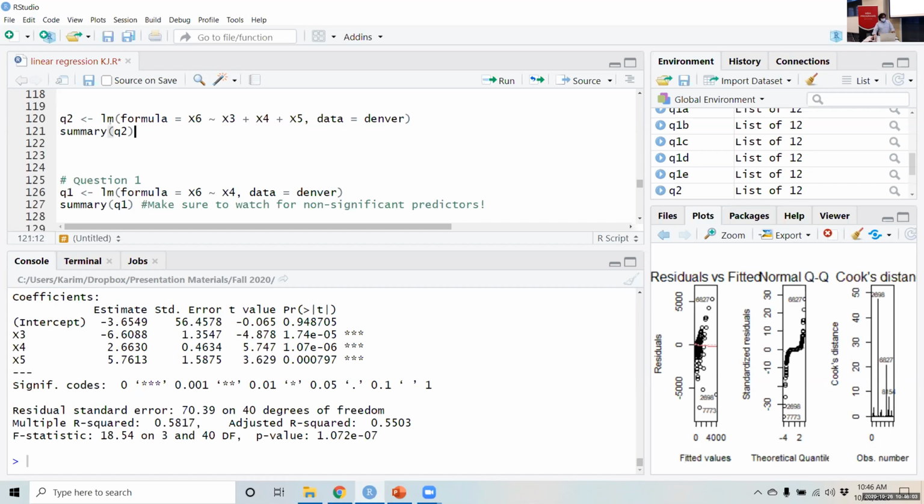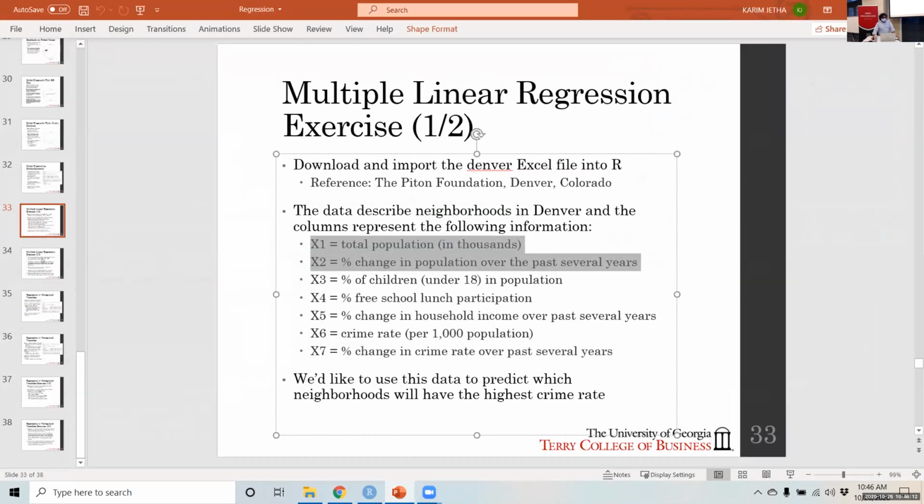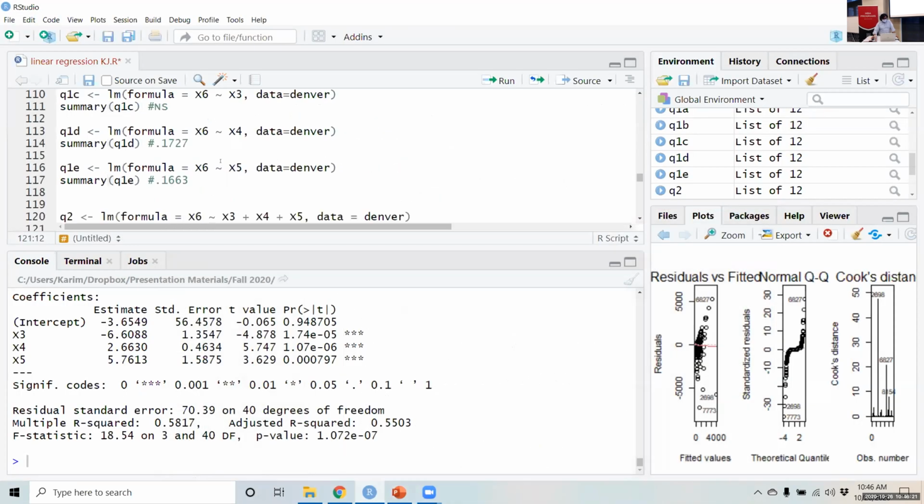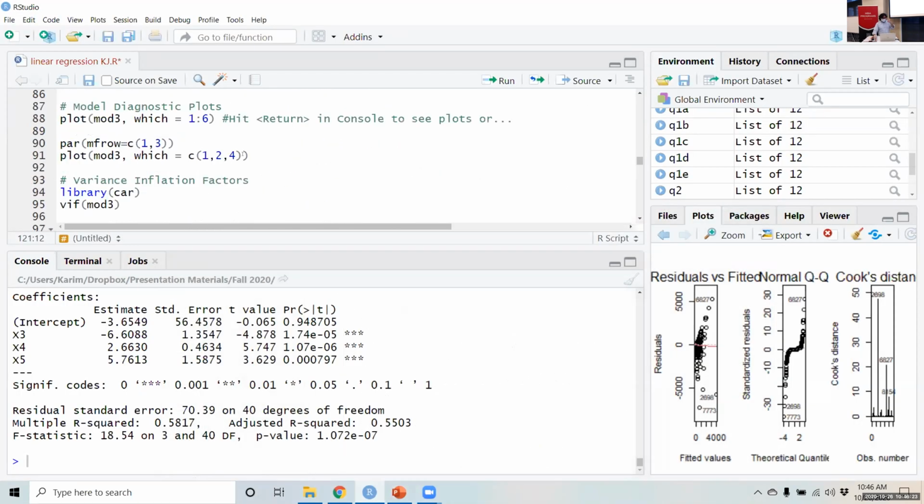So now we have a model that sort of meets our standards. We want to check if it's a good model, right? And we have some diagnostics to help us check that. So the next thing that we want to do is we want to create diagnostic plots to evaluate normality, linearity, and homoskedasticity. So what are we going to do? We're going to grab our code from right here,